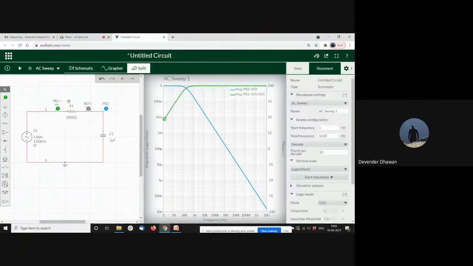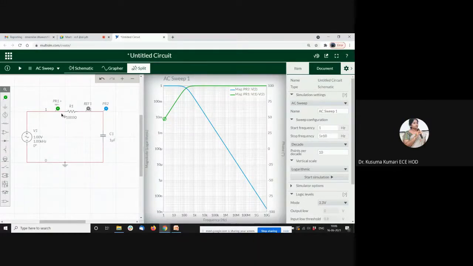Like initially, if I put a probe here at this point, it will measure between this particular point and the ground by default. So right now, if I measure between this point and the ground, I will get the voltage of my input source, which will never change. But I don't want to do that right now. I want to measure across this resistance. So one point is this and one point is this. I want to put my multimeter across this resistance so that I can measure the voltage drop across it.